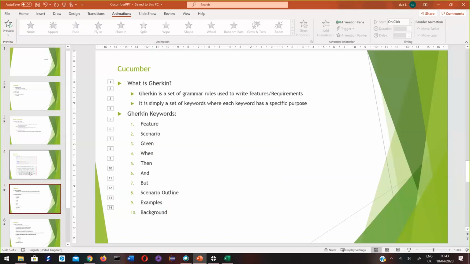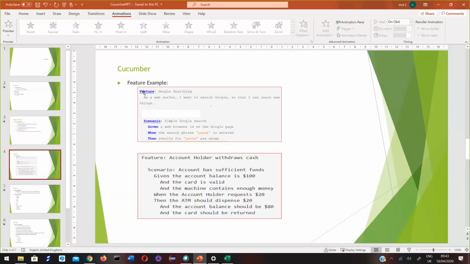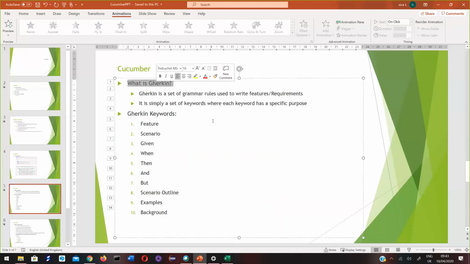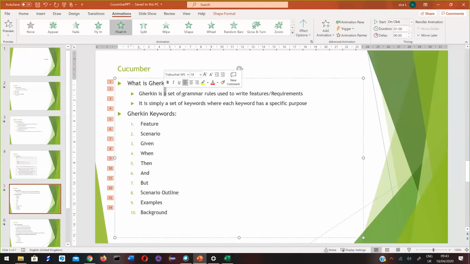Now, to write a feature file, we make use of some standard keywords. Whatever keywords are highlighted in blue are the keywords provided by the Gherkin language. Gherkin language is nothing but English, which has a specific set of keywords.